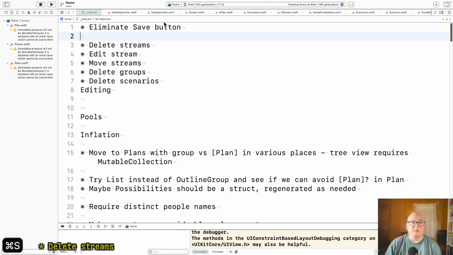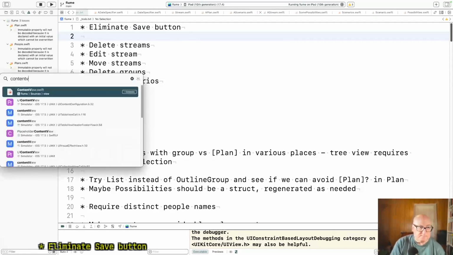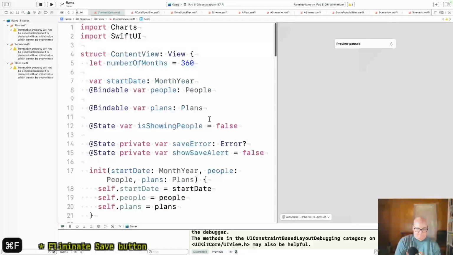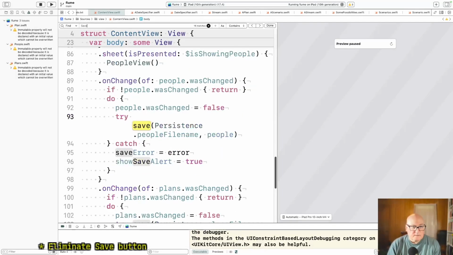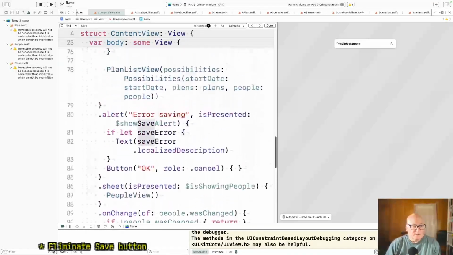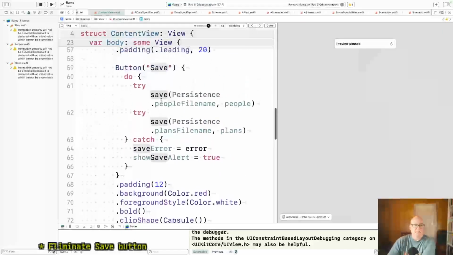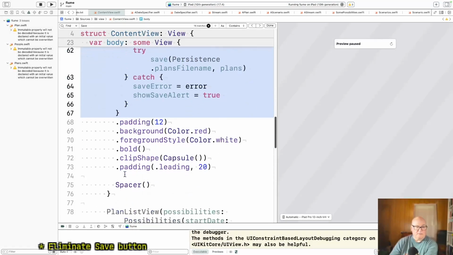Sorry, one last bit of persistence. That's on content view. Error saving. That's the on change. Where's the button? Button save. Okay, so do try to save. This is just coming out.